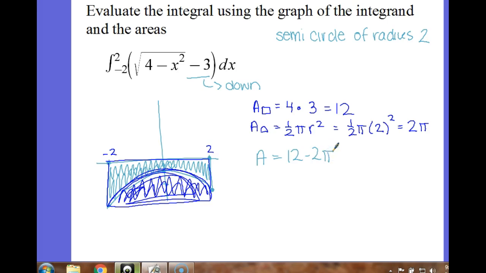What is the value of 2 pi approximately? 6.28. So this area is going to be close to or near what number? If it's 12 minus 6.28,